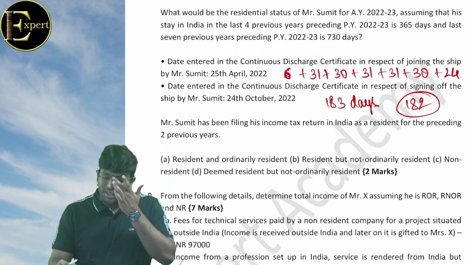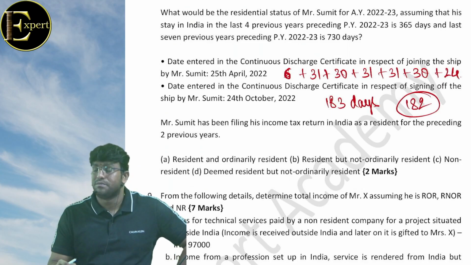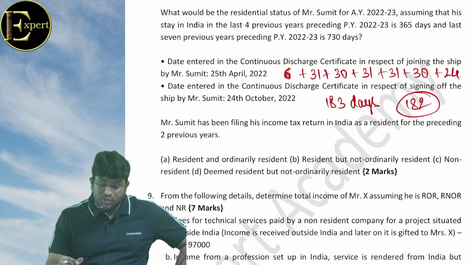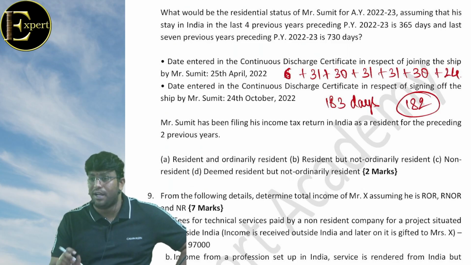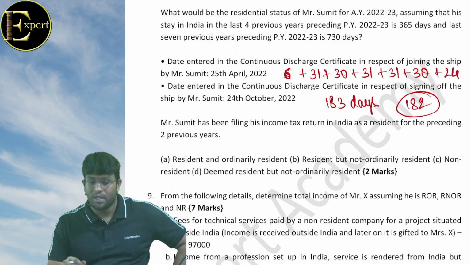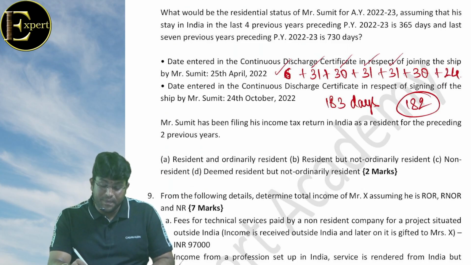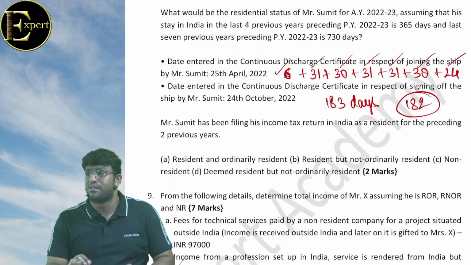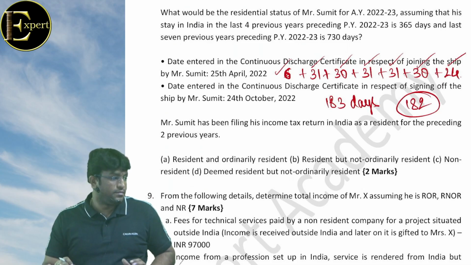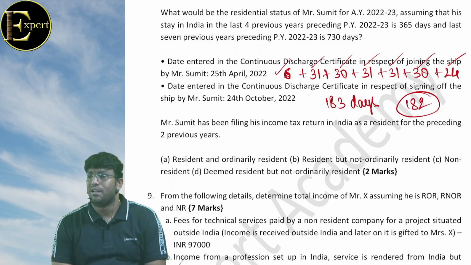So, समझ में आ रहा है क्या? Everybody getting clarity, all of us? Friends, please speak out. So date of joining till the date of signing off shall be excluded for calculating number of days in India. दोस्तों, अप्रैल में 6 दिन इंडिया में नहीं है वो, मई में 31 डेज, जून में 30 डेज, जुलाई में 31, अगस्त में 31, सितंबर में 30, अक्टूबर 24 डेज, इतना पीरियड वो इंडिया में नहीं है. क्या समझ में आ रहा है क्या? पक्का क्लियर?